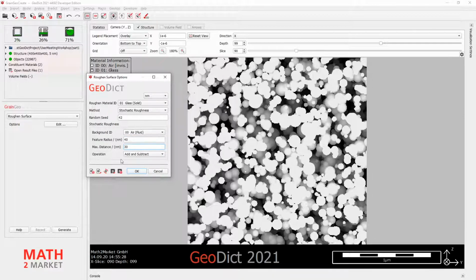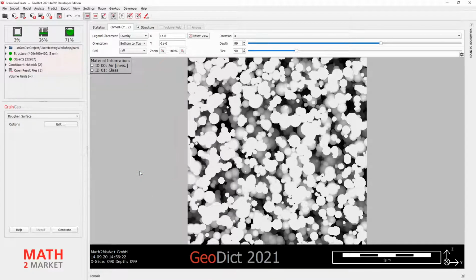Our operation today is add and subtract, which means that we add some voxels on top of our surfaces, but we can also subtract from the surfaces to make some smaller dents or holes into the structure that we also already have.